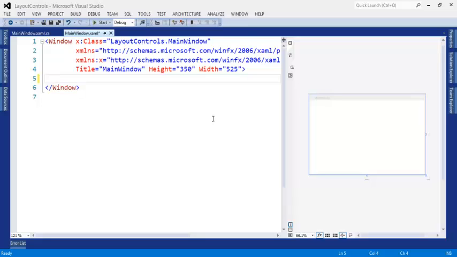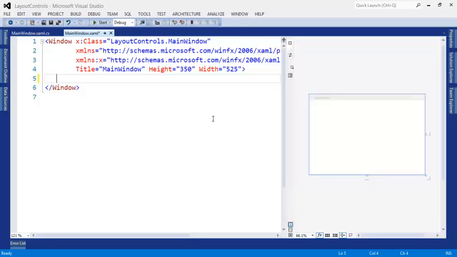Now our next control is the Canvas control. The Canvas control supports absolute positioning and provides the least built-in layout functionality to its content controls. Canvas provides 4 properties to the content controls, which are Top, Bottom, Right and Left. Controls contained in a Canvas control must specify one horizontal property and one vertical property,